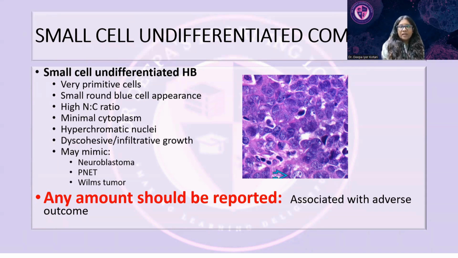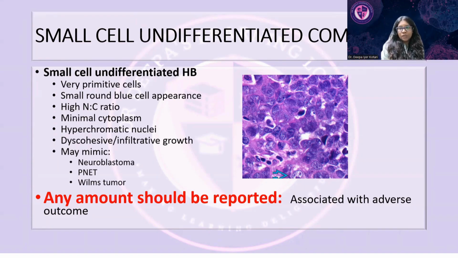When we see this pattern in the liver of a child, you have to consider a metastatic primary small round cell tumor, definitely, because most of the small round blue cell tumors love to sit in the liver. However, the cells of small cell undifferentiated hepatoblastoma can show nuclear beta-catenin. That is an important caveat you have to remember. Most importantly, the amount of the component should be reported. Even a small microscopic focus of this small cell undifferentiated pattern has to be reported because this is highly associated